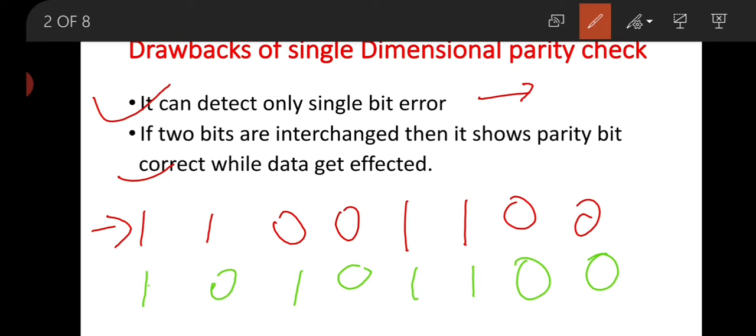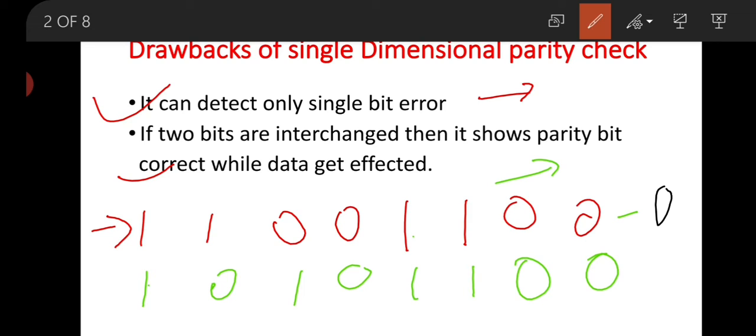Now calculate the parity bit here. There are 4 ones. That means if we check by even parity, then the parity bit is 0, because in even parity check we have to maintain the number of ones as even.